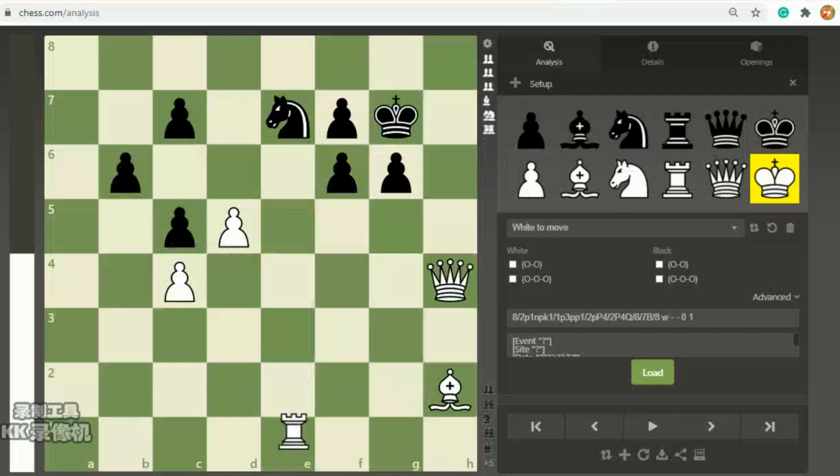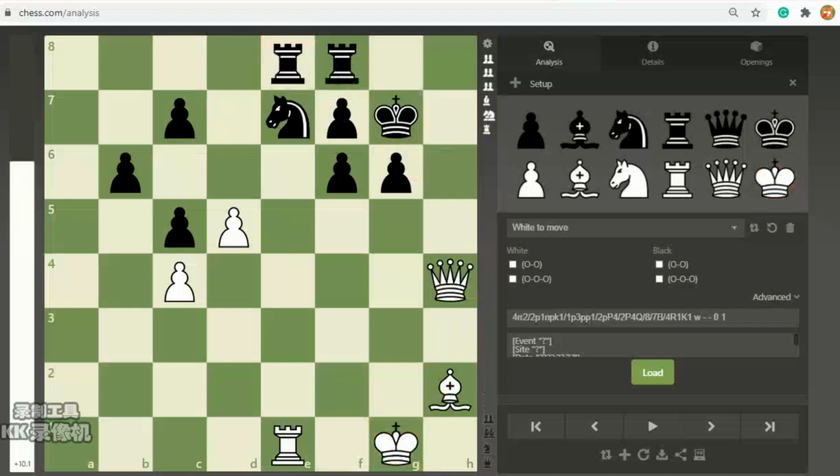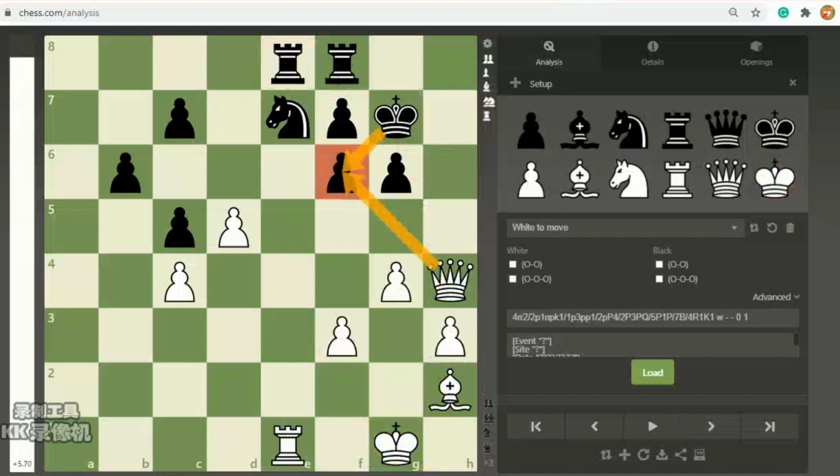protected. So let's put a rook on e1 and give black some material. Put a rook on e8 and f8. I put f8 and e8 in the other order. And we need to put a king somewhere. We can put some white pawns. So already, my idea is that after queen takes f6, king takes f6, bishop to e5,